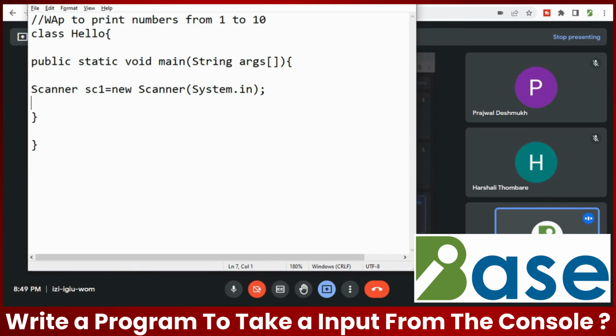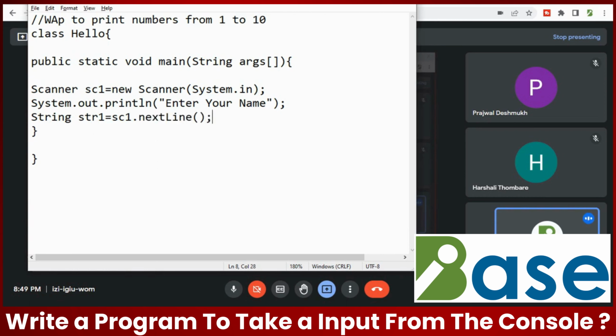After that, what is the next step? If you want to take the input from console, what is the way to work it out? You have to write System.out.println("Enter your name"); and then we have to write String str1 = sc1.nextLine();